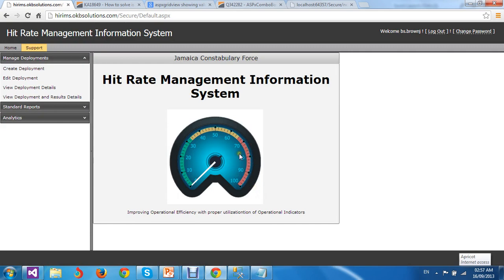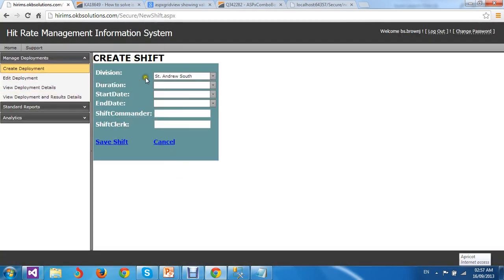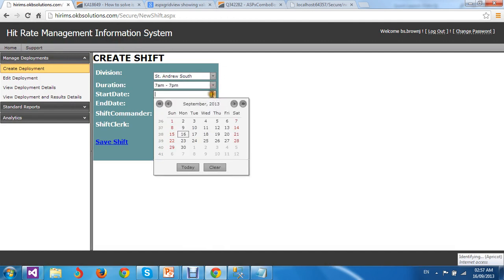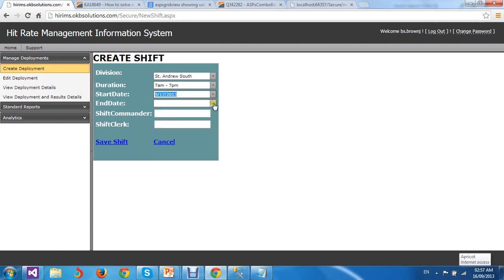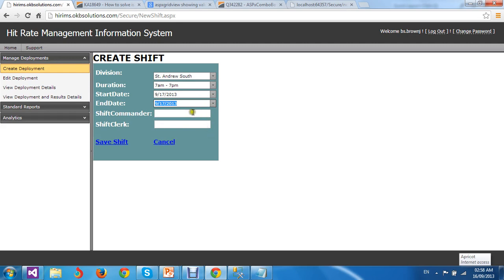It's now time for us to create a deployment. So under manage deployment to the top left hand corner, we click create deployment. Here we are greeted with a screen saying create shift. So here all we need to do is select a duration, 7 a.m. to 7 p.m. Start date 17th, end date 17th, shift commander,